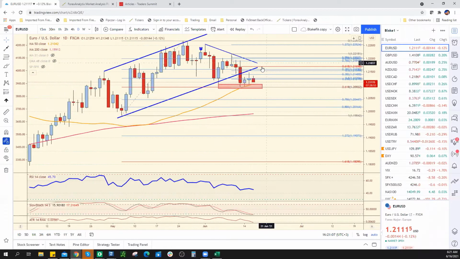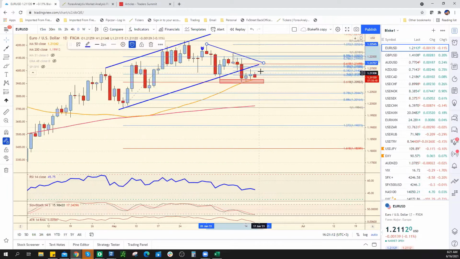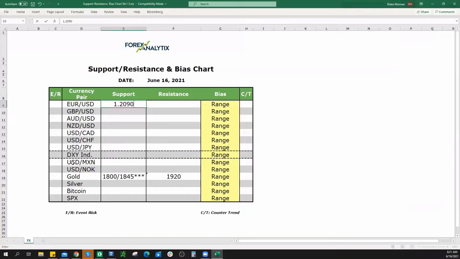If we can get above 121.70, that would be bullish, because it'd be on the underside of this trend line. We break back above that, we break back above the 618, and then I think it's going to squeeze. So 121.70. Okay, I'm going to keep us in range. And this is the 618. They're both 618 retracements, by the way. This one I think is more important.